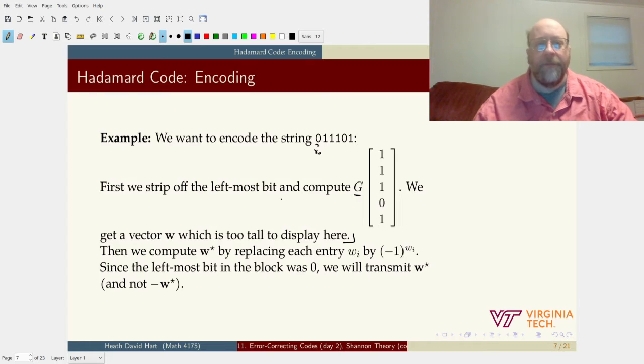So let's come back here. We compute W star by replacing each entry in the vector by negative 1 to that power. That's what we did by hand. And since the leftmost bit in the block was a 0, we'll transmit that vector and we're not going to negate it. Okay? So that's all we're doing,